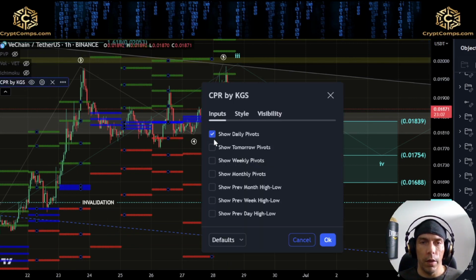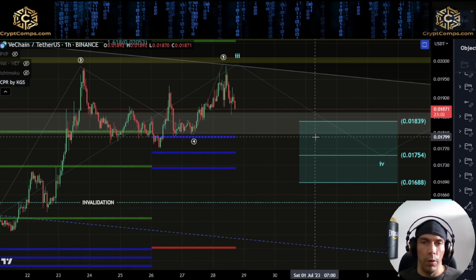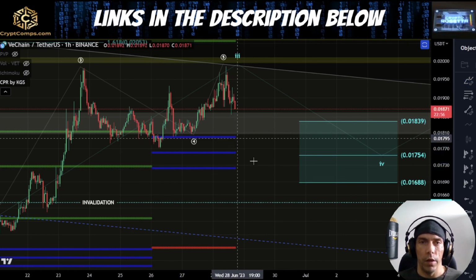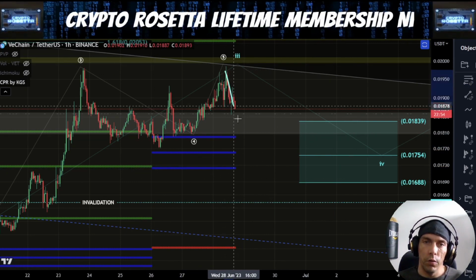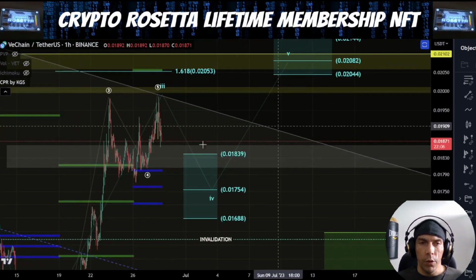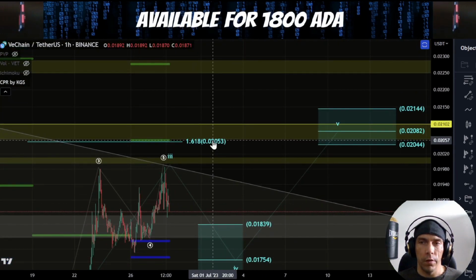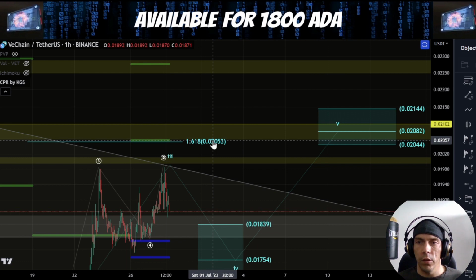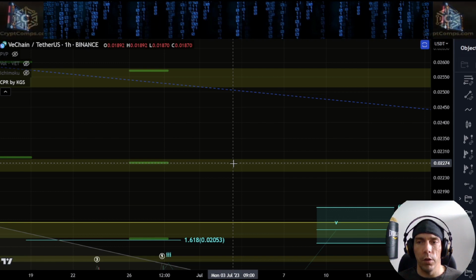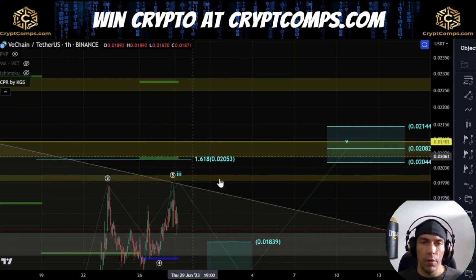Now, if we come over here onto the weekly, what we can see is that right in this zone where we're looking for this fourth wave target box, we have weekly CPRs. The central lines are sitting here currently. So if we do see price actually look to break down here in a bigger way, I'd be interested to see if we maintain these central lines. So if we do actually manage to hold this zone as a support zone, what we could see is price could be gravitated towards this S1 line, which is sitting at this 2057. We have the S2 line here at this 2274, and the S3 line up here towards this 2571. So those would be potential upside targets.